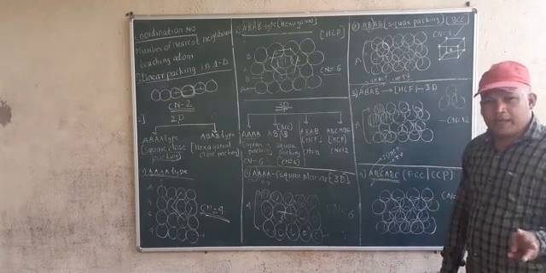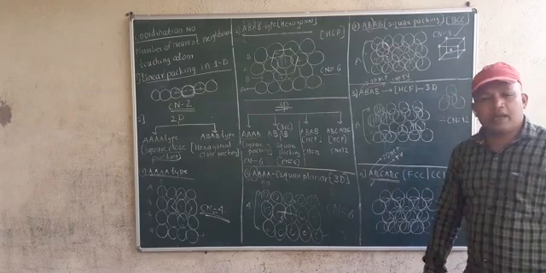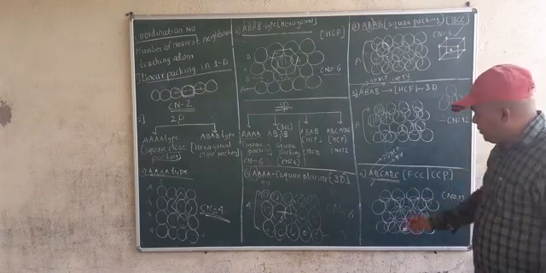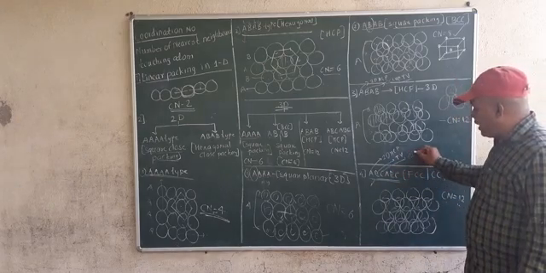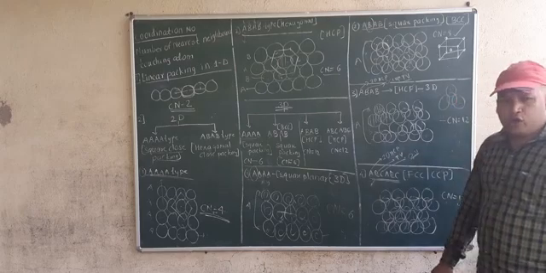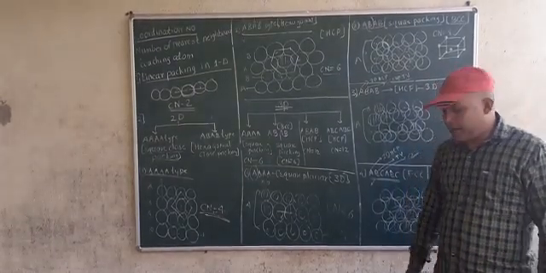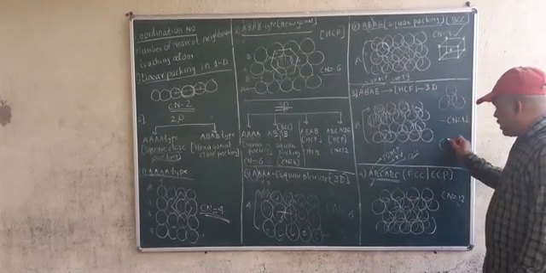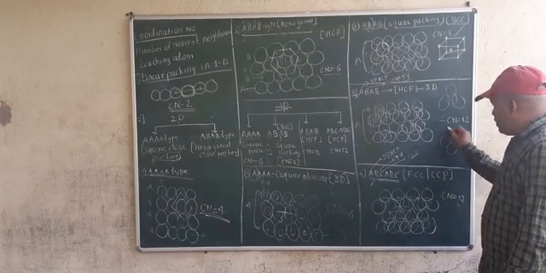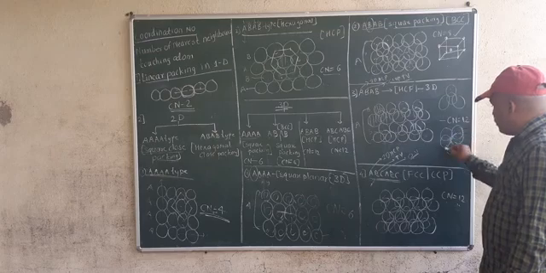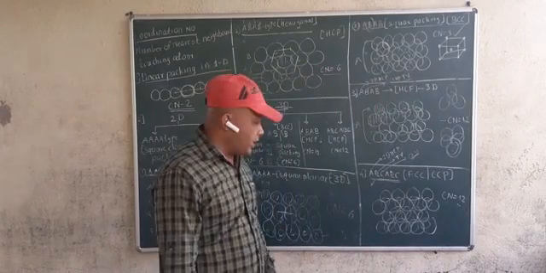The first layer is different than the second layer. The second layer is also different than the third layer because I am saying A, B, C. What is the role of this? The role of C is you need to cover all octahedral voids. B you need to cover all tetrahedral voids. C you need to cover octahedral voids. Now what is this octahedral void? If 6 circles, 1, 2, 3, 4, 5 and 6 circles, if a gap between the 6 circles is there, we see it as an octahedral void.